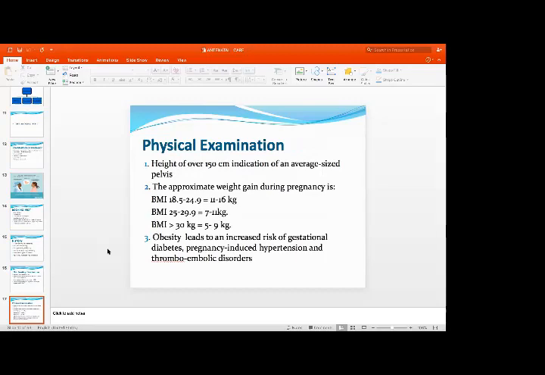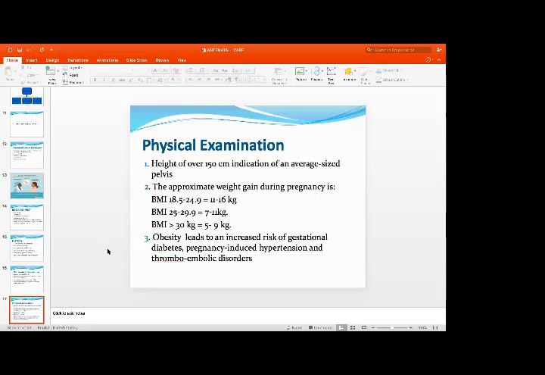Physical examination includes examination of height. If it is over 150 centimeters, it means that she has an average size pelvis. If she is short statured, less than 150 centimeters in height, then she may have a contracted pelvis. So height is very important. The approximate weight gain during pregnancy is according to the BMI. If BMI is